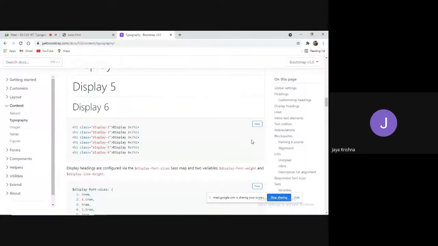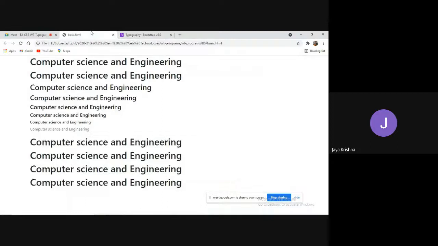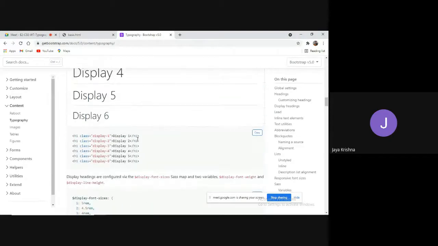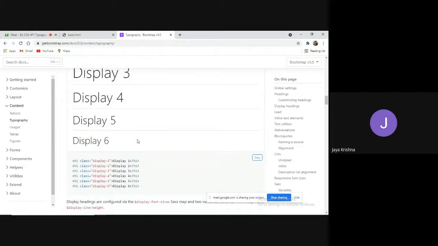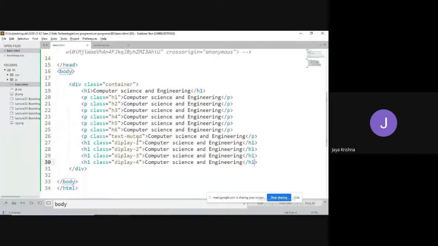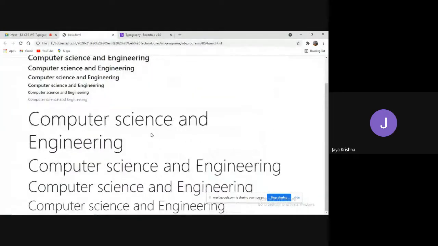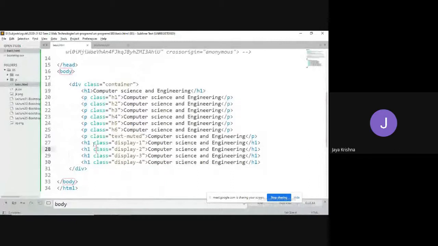Now you can observe the difference. Again, it got the same thing. Display hyphen one. Sorry, the spelling was missed. You can observe. One minute, let me take a paragraph again.